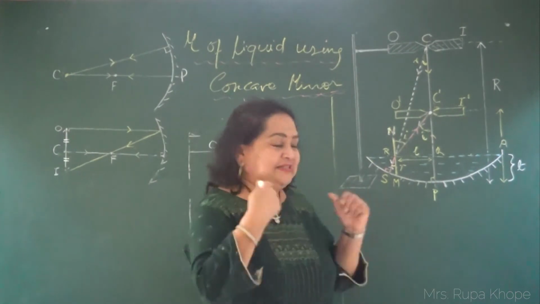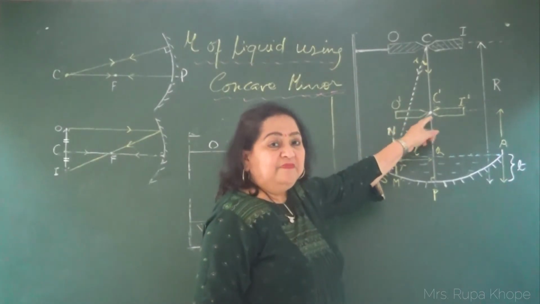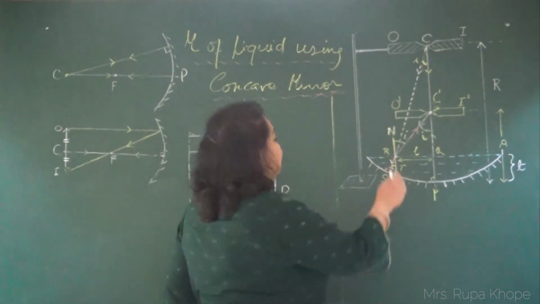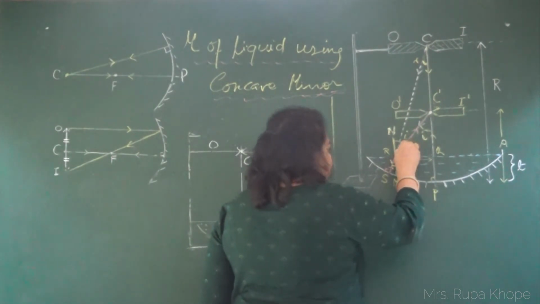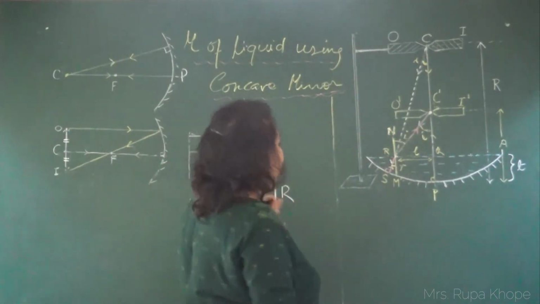What exactly happens? Let's see. Let me take one ray coming out from here. This is a ray of light which falls on the surface at the point R. Now it is traveling from a rarer medium to a denser medium. You have studied in school. When the ray of light enters from rarer to denser, instead of taking the same path like this, it bends towards the normal NM. So this RS ray is a refracted ray.